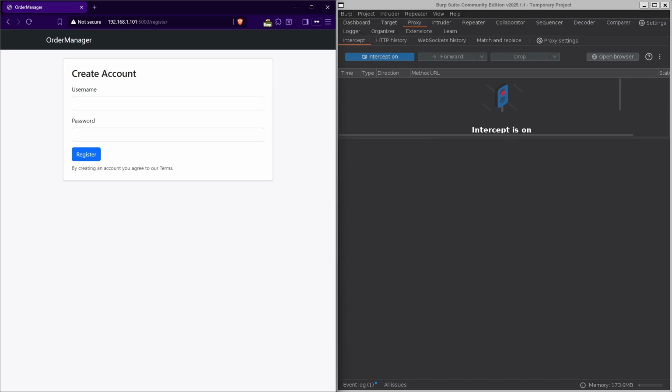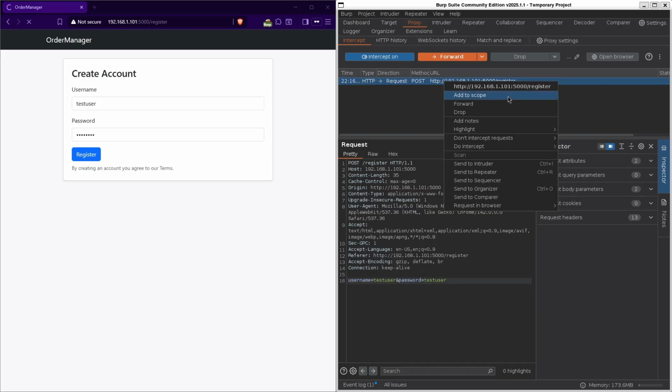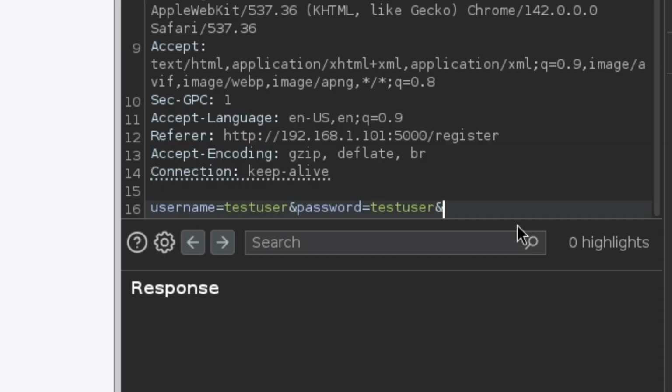Here is my web app and I've got Burp Suite running. This is what I'm going to use to intercept the web request. First, I'm going to create an account. I'll create test user, with the password also test user, and then I'll click register. When I click register, you can see we got our two parameters, username and password. I'll send this request to Repeater, and then I'll add another parameter called role